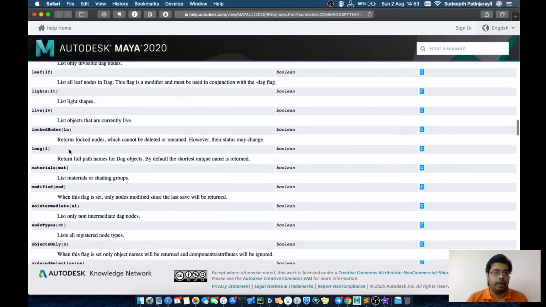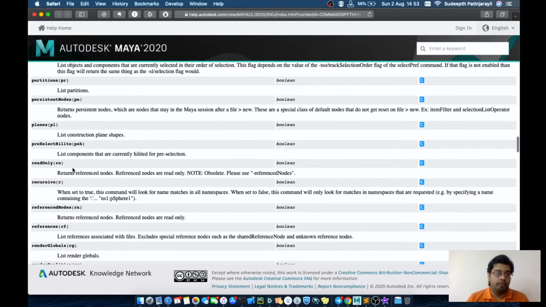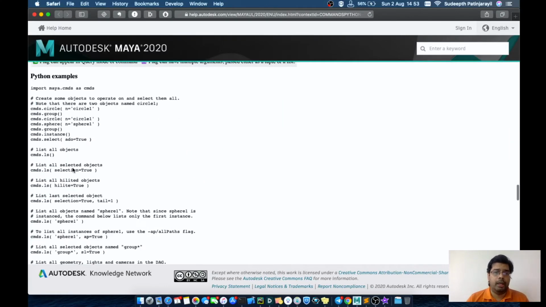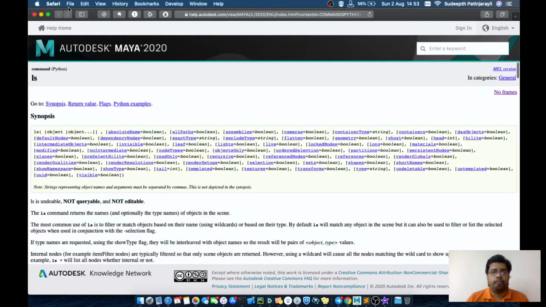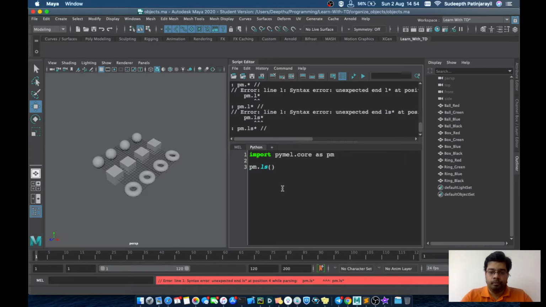You can get all the materials used in the scene file, and such. Very detailed documentation is available, so you can easily refer to that. ls is a very powerful command, and we'll be using it very often. So here we'll go for the assemblies.